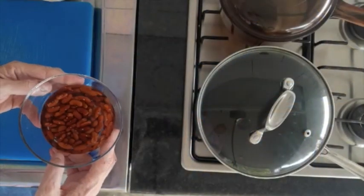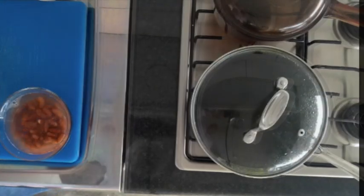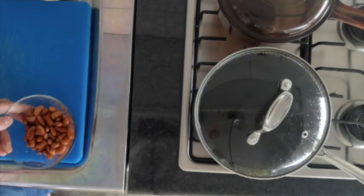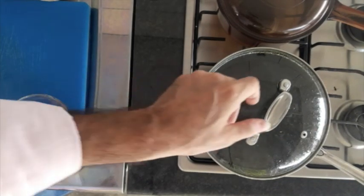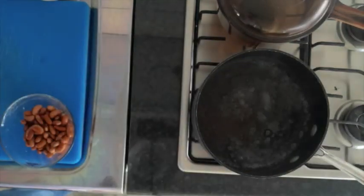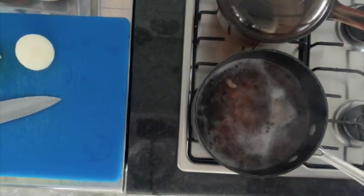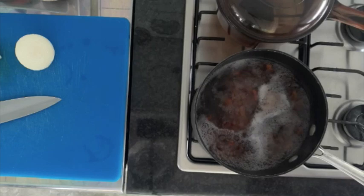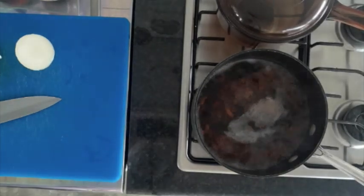I first start by soaking the kidney beans in water the day before. This is what they look like the day after. I now drain them and prepare to cook them in water. This time I have chosen to cook the beans in a standard pot instead of using a pressure cooker. This cooking process may take up to a whole hour and the water always evaporates. But to avoid this, I get a second pot with water and use it to replenish the one that has